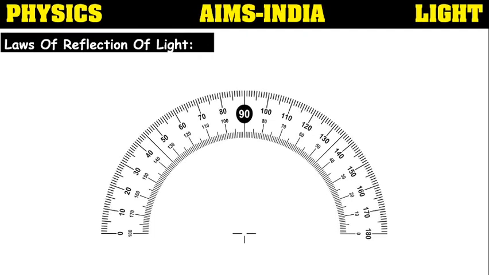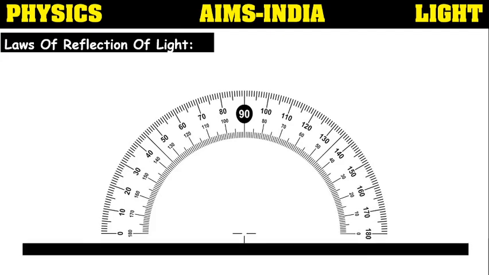Let's take one protractor calibrated with angles from 0 to 180 degrees from the left part, and again 0 to 180 degrees from the right side on the lower part. So let's fix one plane mirror at one end of the protractor. Take one flashlight. Now focus the flashlight, which is a point source of light.